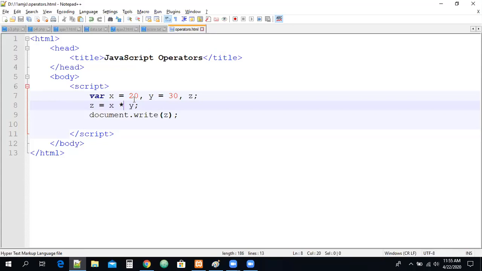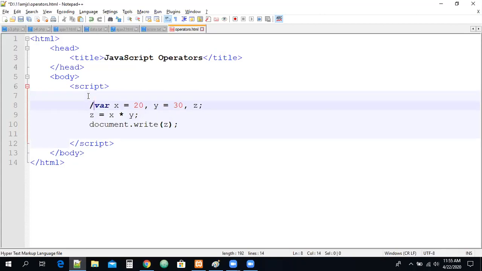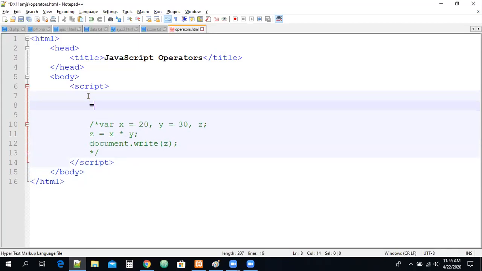These operators everybody knows already, right? So now I want to see the assignment operators. These are all arithmetic operators, guys. Plus, minus, sum are all called arithmetic operators. Now what are the assignment operators? Does anybody know what the assignment operator is in any language, not only JavaScript? Wherever you go, equal to is nothing but the assignment operator. We are assigning a value to a variable. How do we assign? By using the equal to symbol, right? Equal to is nothing but an assignment operator.